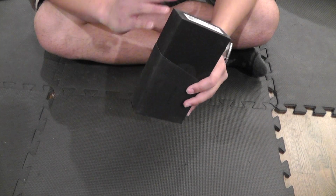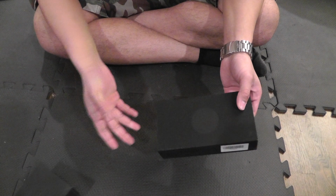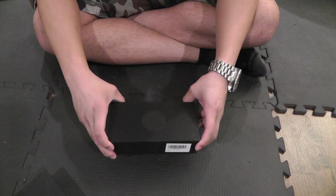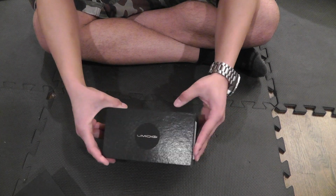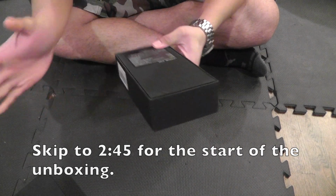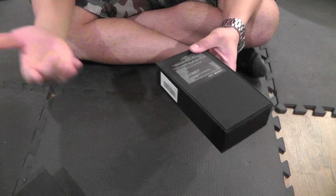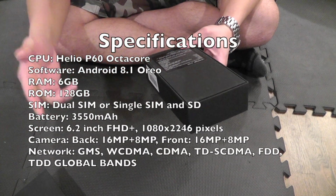Now, this is standard Umidigi packaging. Very sleek. You got your bottom sleeve here, and you've got your drop down case right here. This is just the box. Now quickly, actually, before I open everything up, let me just read you the specs. Now of course, I can list this below. You can go to the product page and read this yourself, but I figured I'll tell you everything it's got,